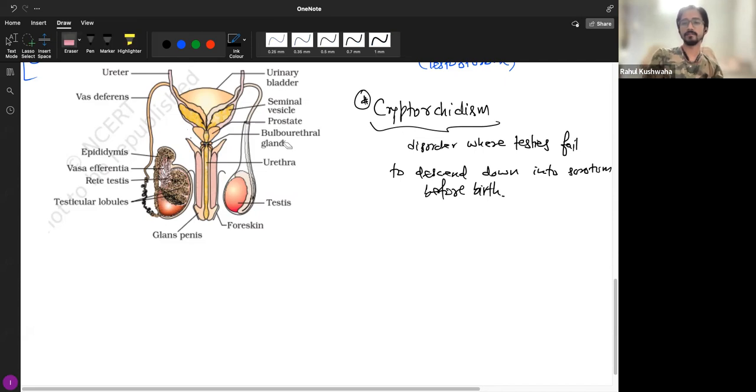And one fact, just a trivia with the prostate: the most prevalent cancer in males is prostate cancer, which is gender specific. And in females, can you guess which is the most prevalent female specific cancer? Breast cancer. Breast cancer. Okay, can you guess the second most prevalent female cancer?